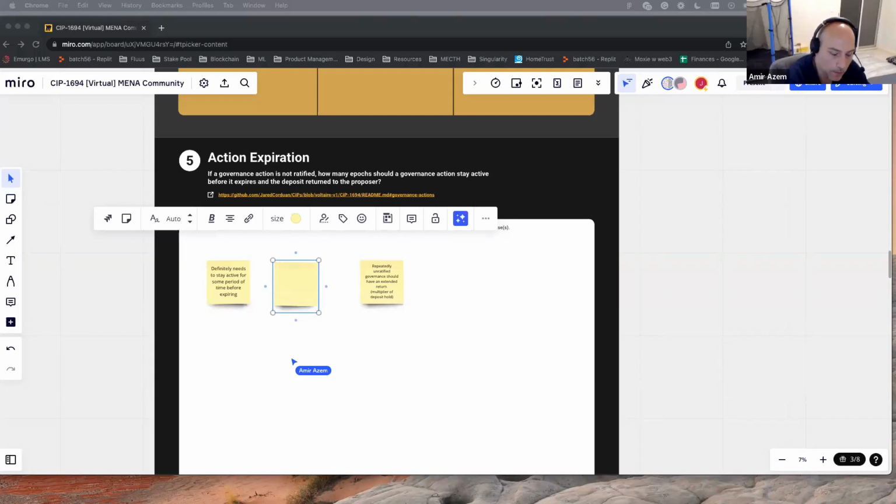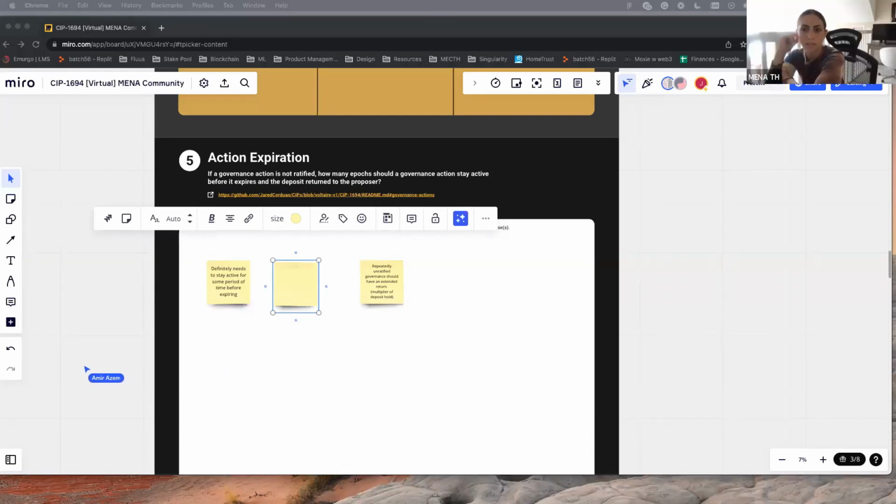The other thing we can do is maybe it's like smart contracts or these NFT tokens. They can put in an open period where it's unlocked and then it gets locked forever. But this is the other way around. Someone who raises a governance action can put in manually how long it takes. Does that make sense? Say, okay, I'm raising this governance action, I'm going to put 1 million ADA, and I'm willing to keep it open for 7 epochs. And maybe someone else is in a rush and wants to get a yes or no, like a poll, and says, okay, I'm going to keep it up for 3 epochs and see what people say and get back my money.